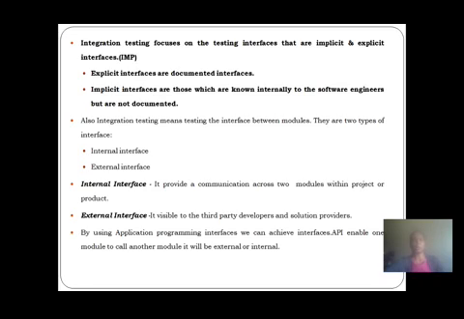Basically, when you start learning these technical courses, you are almost familiar with these two words, implicit and explicit. Explicit means that we need to forcibly consider it; it should be maintained over there. But implicit means it should not be, but it can be done automatically. So that is the implicit and the explicit interfaces.